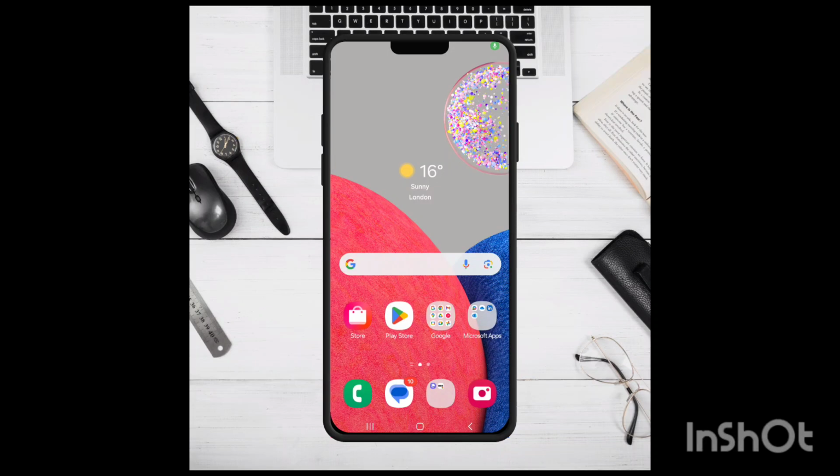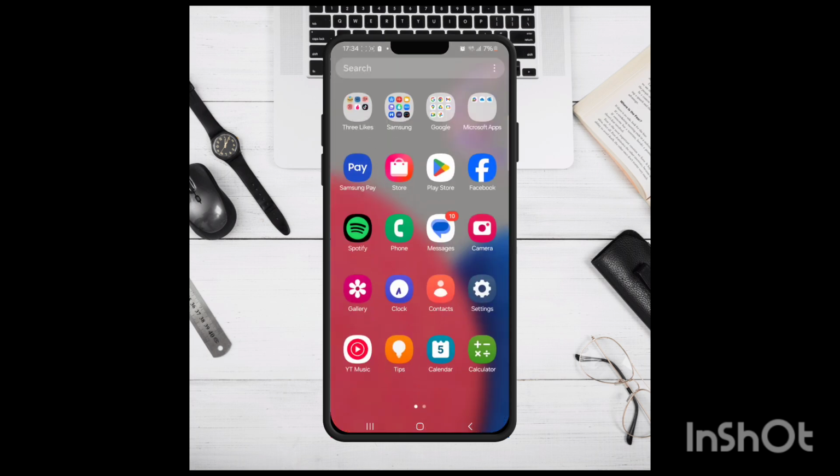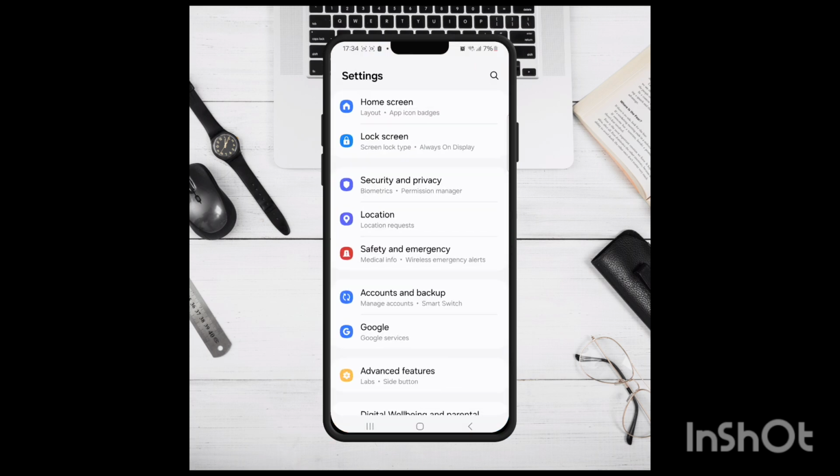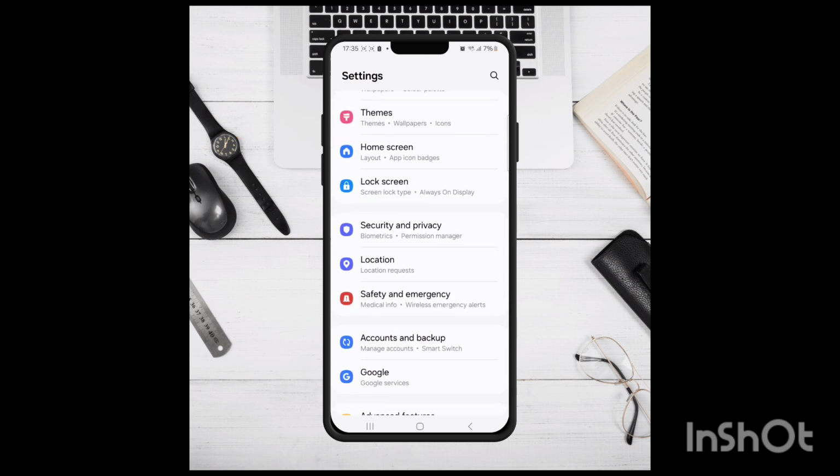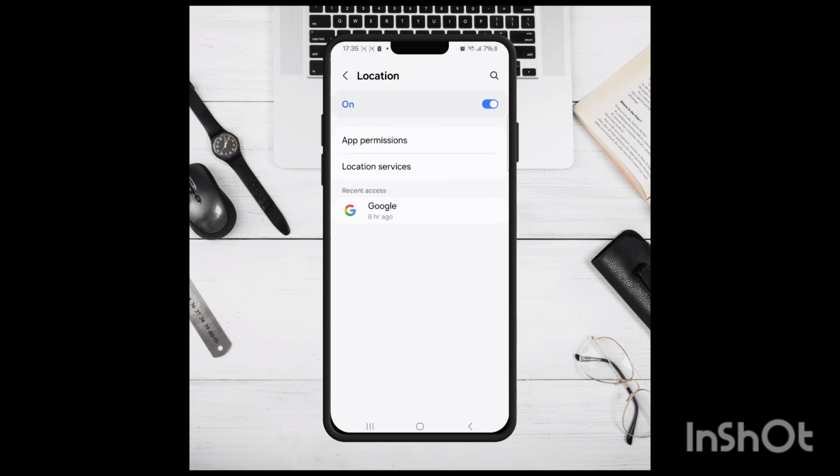How's it going? In this video I'm going to show you how to turn off GPS on Android. So this will stop your location from being tracked. What you want to do is open up your settings, scroll down until you find the location menu, press that, and as you can see it's toggled on at the minute. So to turn off location tracking you would simply turn that off, and now no apps will have access to